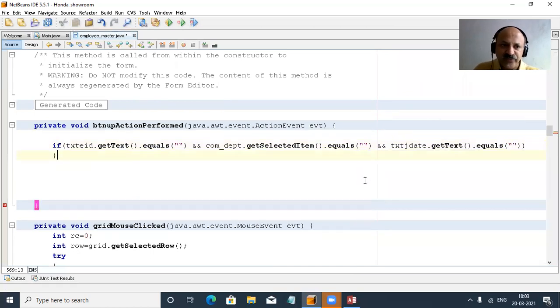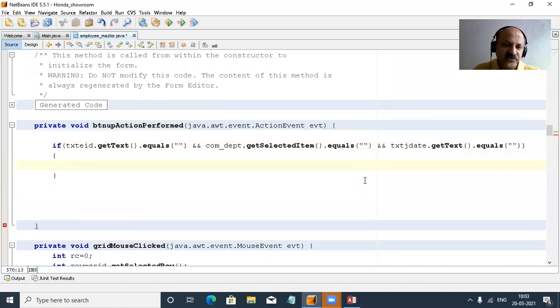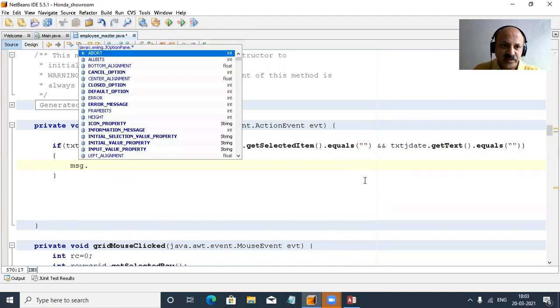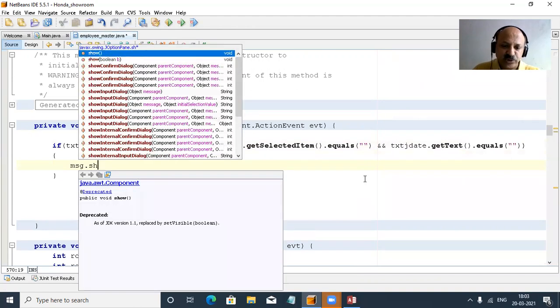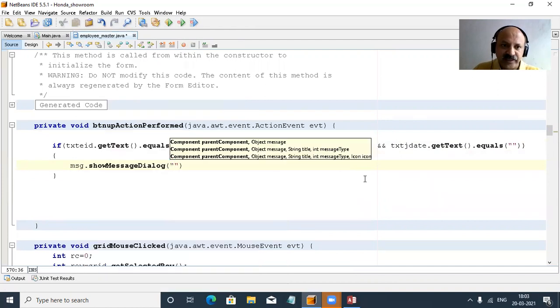So what to do? So yes, first we can give one message. We can say show message box, and first null, and we can say the validation is select record.